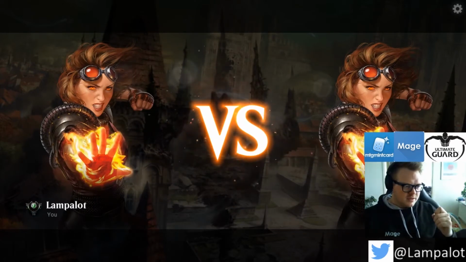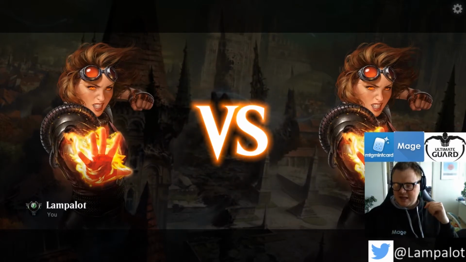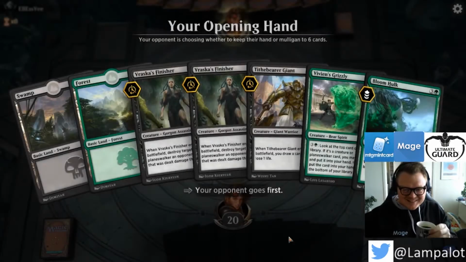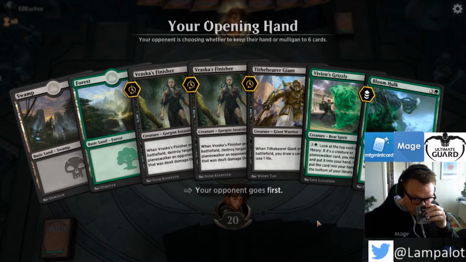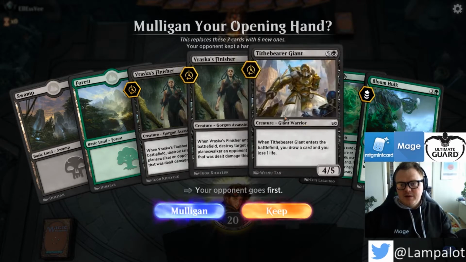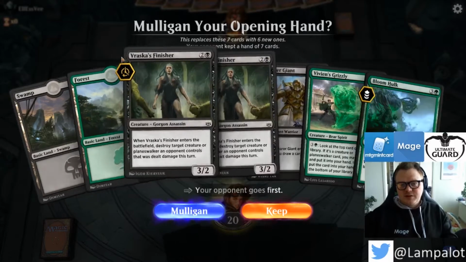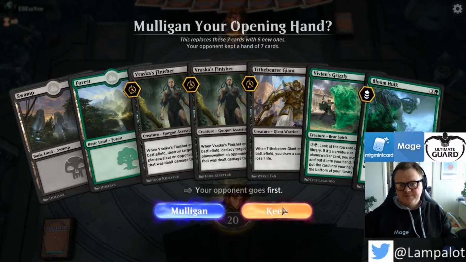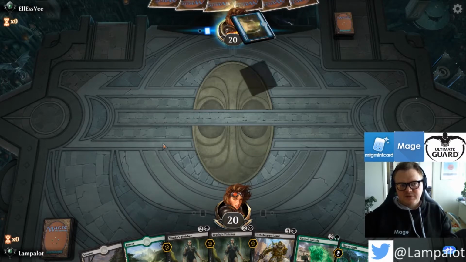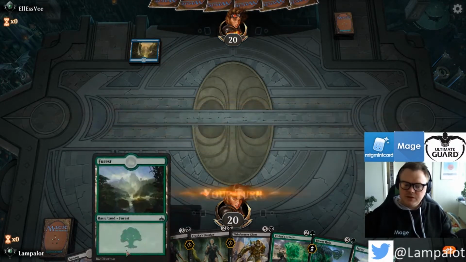Okay, so we are ready against LSV. That's nice. Nice name. So our opponent goes first. We have 3 3-drops and 2 lands in different colors. So I think even though the hand is kind of awkward, if we don't draw land, I think we should keep. We did draw land, so